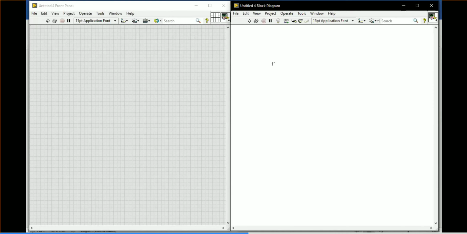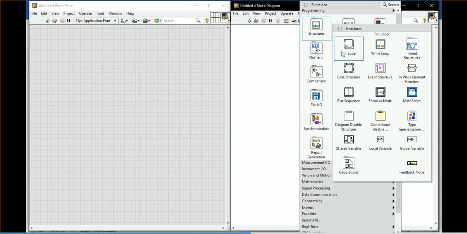Taking input from output. Taking the input value from the output terminal. Output will be given to the input value. Connecting from output to input. Basically, feedback means we are going to give a connection so that the output value will be taken as the input value over there. That is a feedback terminal or feedback value, that is the feedback node. We'll see how to use the feedback node in LabVIEW.